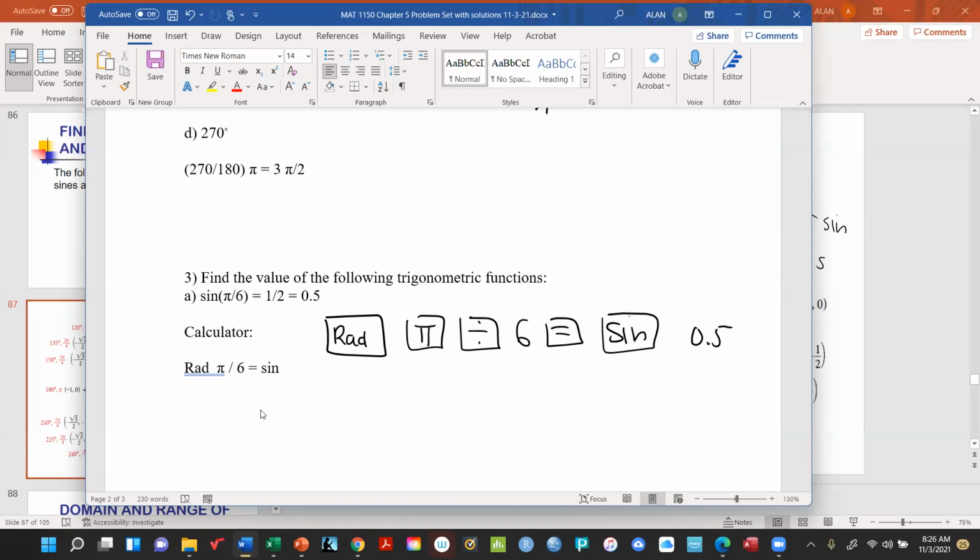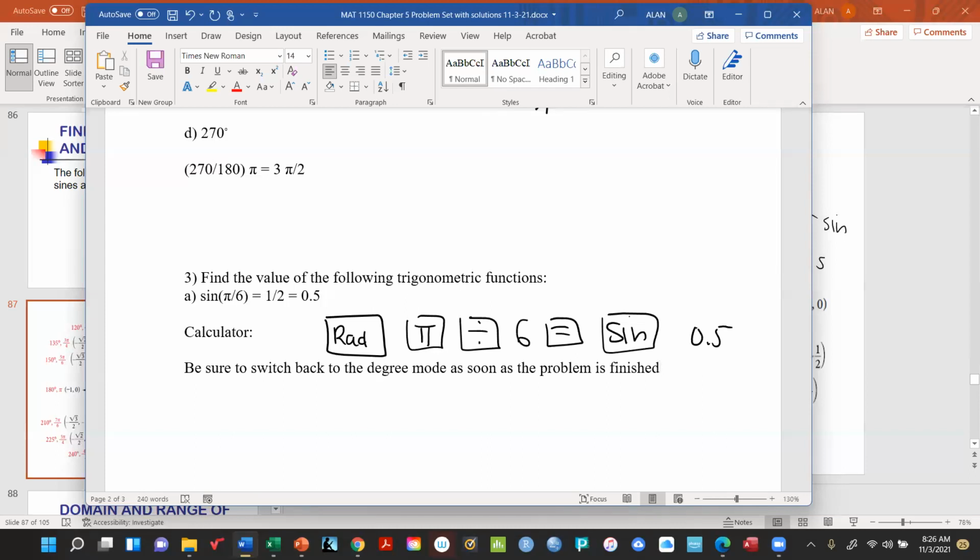Now here's the thing you've got to watch out for though. Once you're in the radian mode, it's going to stay in the radian mode. So here's what I recommend you do. Be sure to switch back to the degree mode as soon as the problem is finished, because if not, you know what's going to happen. You're going to do a problem and assume that it's in the degree mode, and it's not. So because we don't use radians very often,